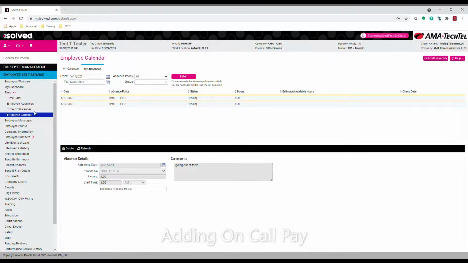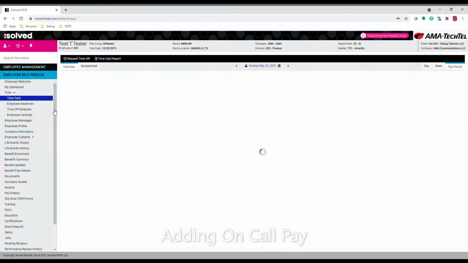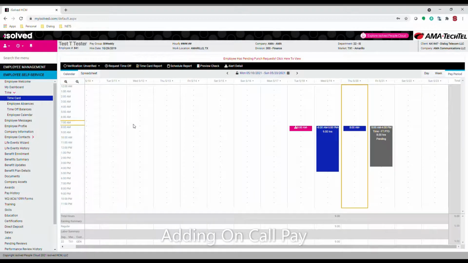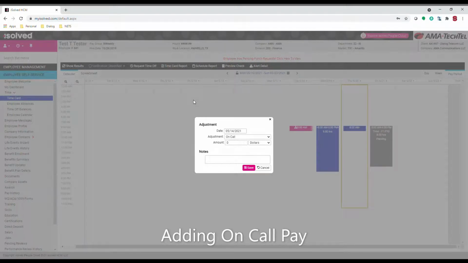All right, next thing I want to look at, let's go back to the time card and look at if you're an employee that has on-call pay, how do you add that to your time card? So let's say on this Friday, let's say we were on call for the weekend, there's a little down arrow right beside Friday 5/14. I'm going to click on that down arrow and it says add adjustment. I'll click on that add adjustment,